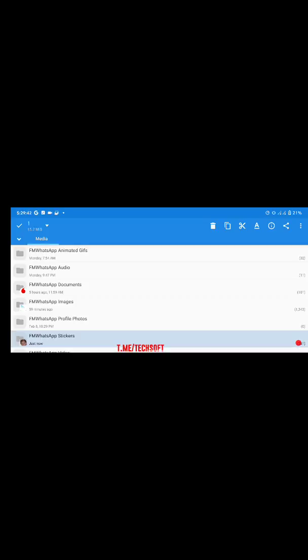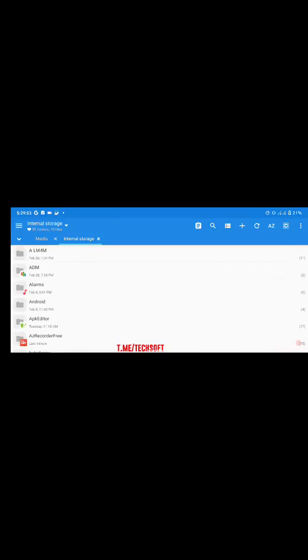Now the next thing to do is just click on this X icon. That's the third icon on the right. Just click on it. Once you click on it, now swipe to the right. It automatically creates a new directory, and now click on the first icon again on the right, the first icon,